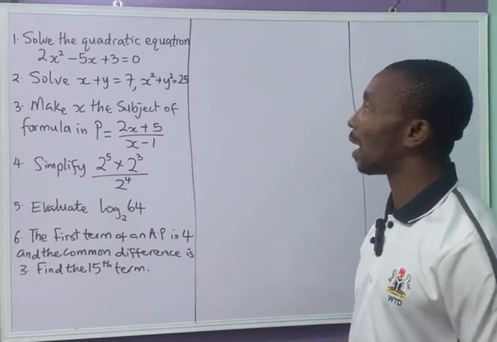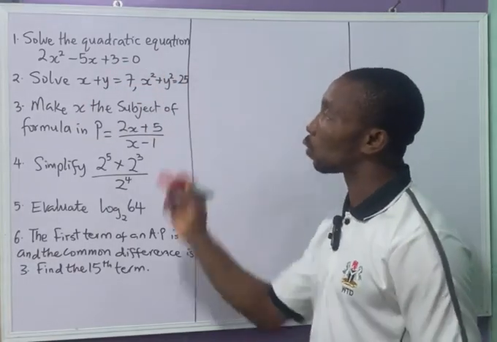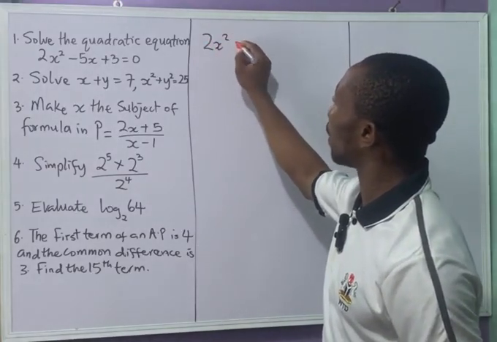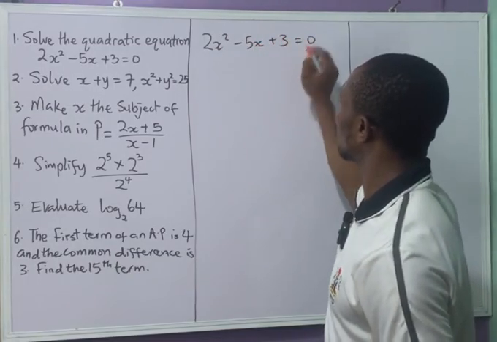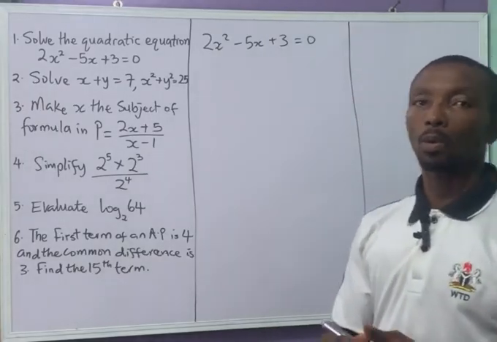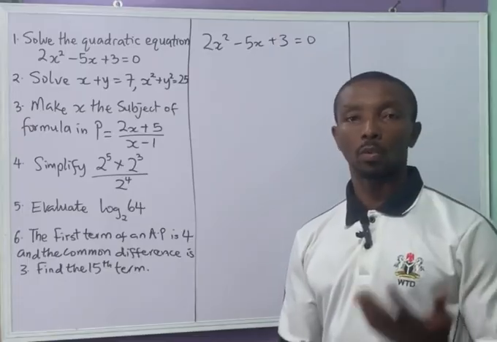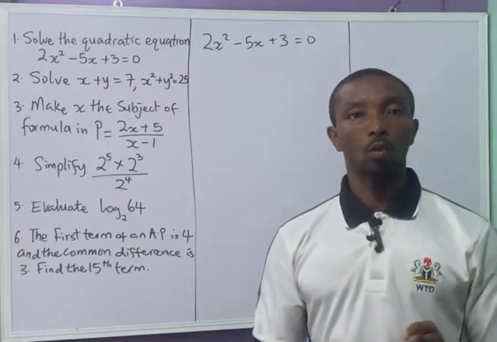Now, the first one we have is on quadratic equation. It says solve the quadratic equation: 2x squared minus 5x plus 3 equals 0. Now, when we talk about quadratic equations, how do we solve quadratic equations? There are four basic methods for solving quadratic equations. We have the